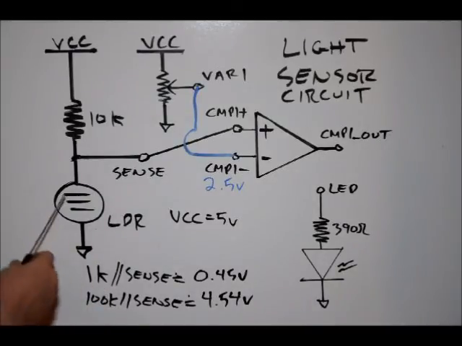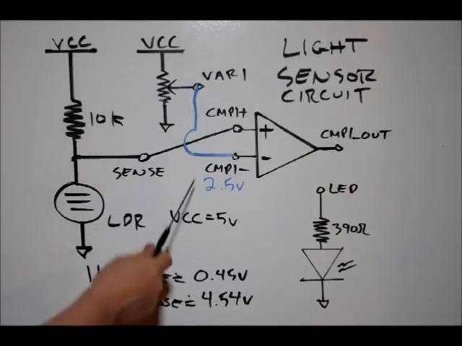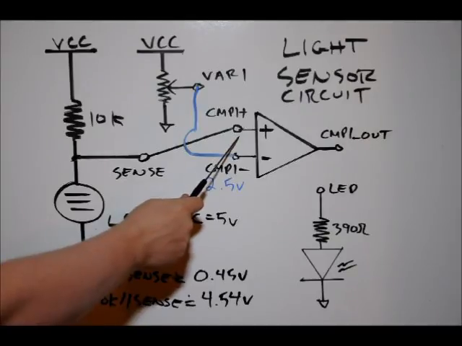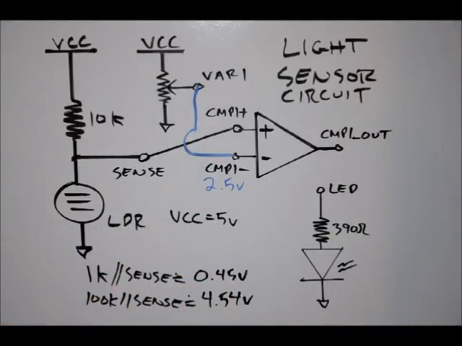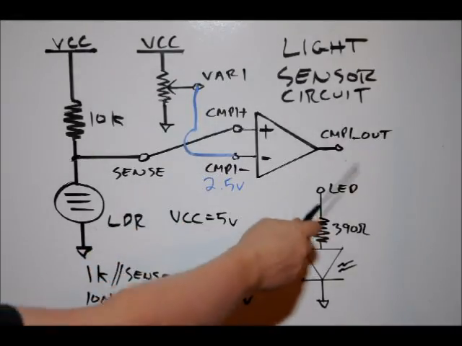So when there's a lot of light hitting the sensor, there should be about 1K on the LDR, meaning there's about 0.45 volts on there. In which case, if there's 0.45 volts on the positive input and 2.5 volts on the negative input, what should the output be? The voltage on the negative input is higher than that on the positive, so the output should